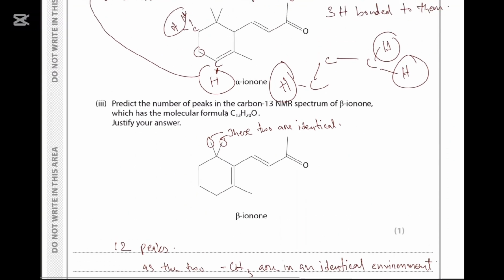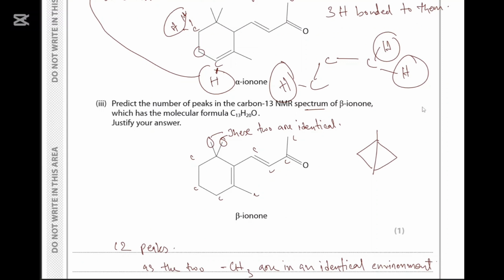Predict the number of peaks in the carbon-13 NMR spectrum of beta ionone, which has the molecular formula C13. Okay, so basically, the peaks are formed due to different carbon environments, and every single carbon here has a different environment. This carbon here is bonded to this, and this carbon is bonded to this. So none of the environments are equal. Environments will be equal only if there is a symmetry, right? Only if there is a symmetry, but there is no symmetry